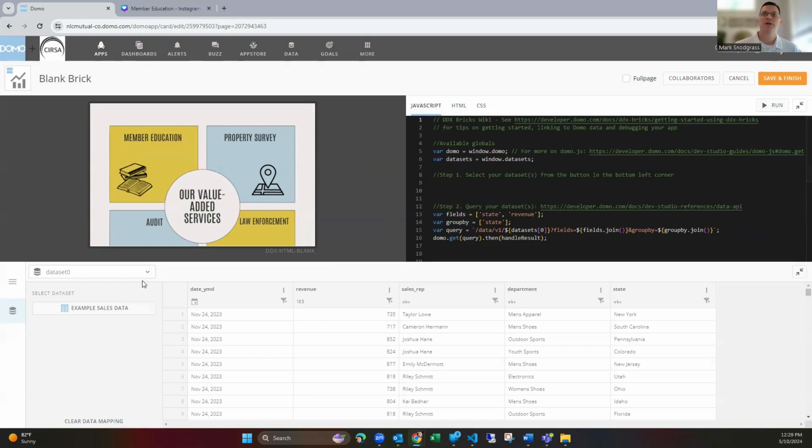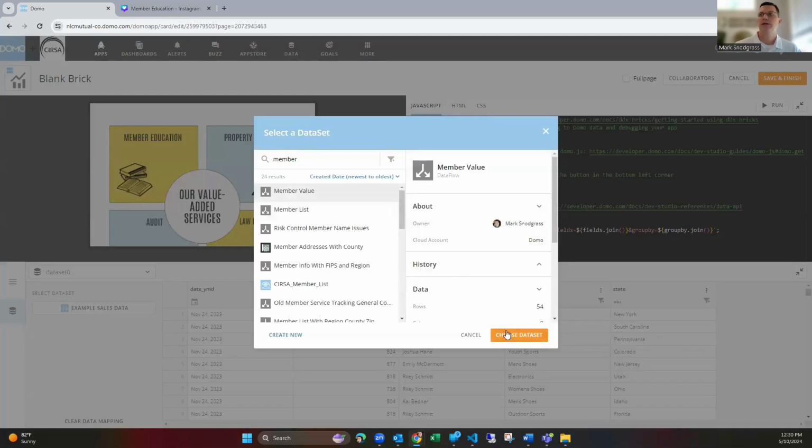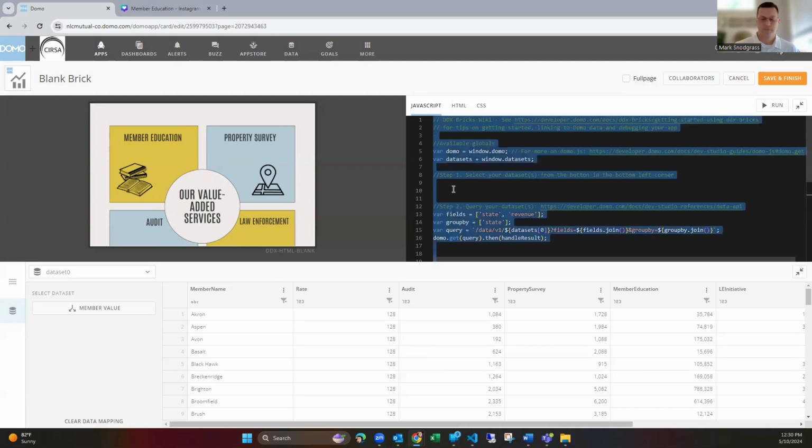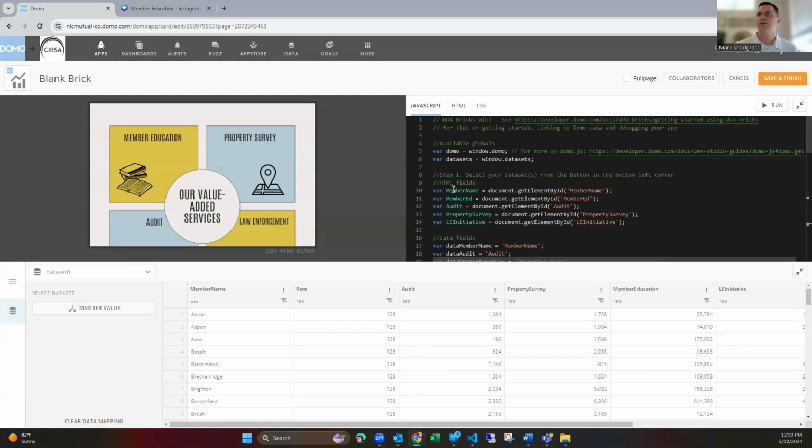And the first thing that we're going to do is change our data set. So obviously example sales data is not what we want. That comes default with the brick when you install it. But you can click on this to change that to the data set that you want. So I'm going to change that to member value. And then I'm going to, again, grab some pre-made JavaScript and walk you through some of what we got going on here. So if we copy and paste this,